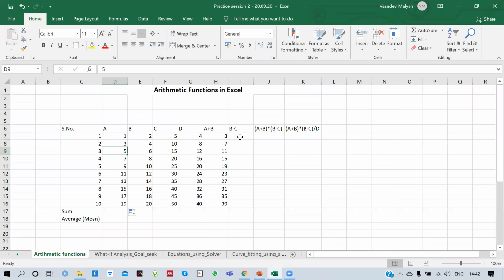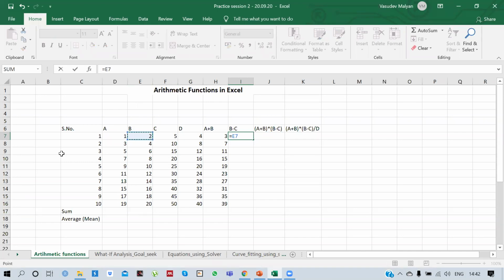So let's go ahead and do the other column, which is B minus C. Now I'm supposed to subtract variable C, which is column F here, from variable B, which is column E. Press the equal sign, click on the element here, E7. This is column E and the seventh cell. You may see it as a grid. So this is the E7 cell on the grid, then add a minus sign, click on the C cell and press enter, and it will perform this function.